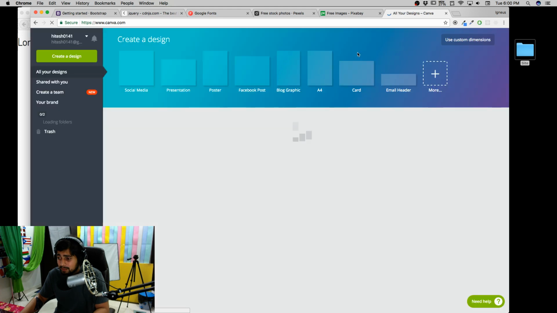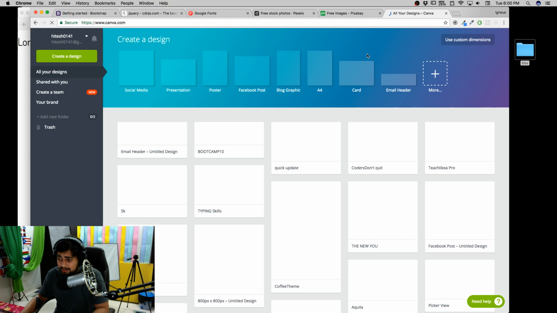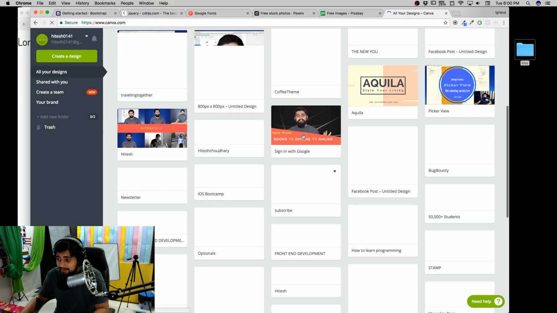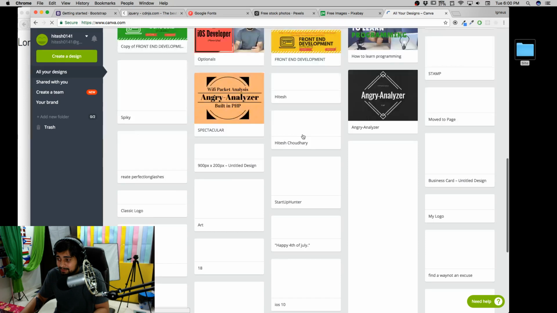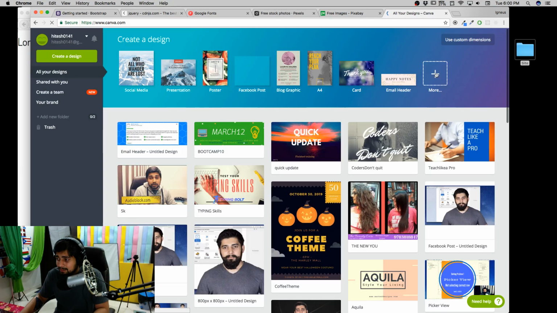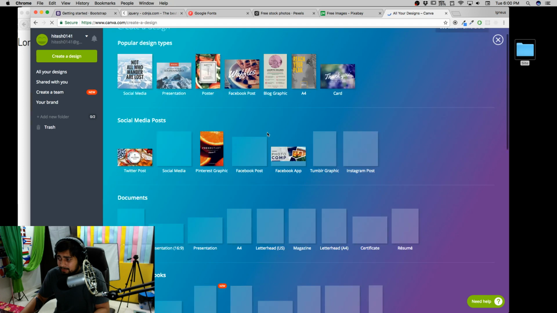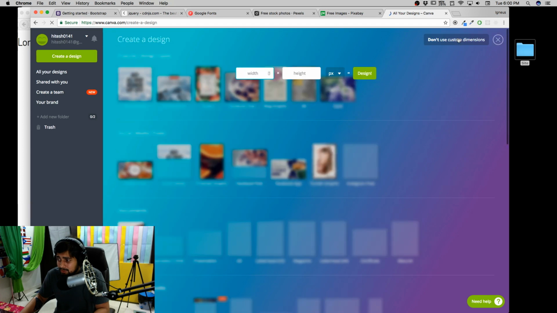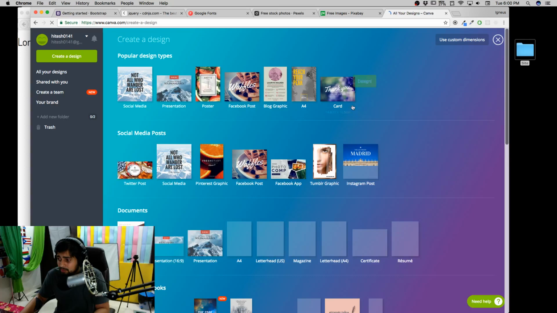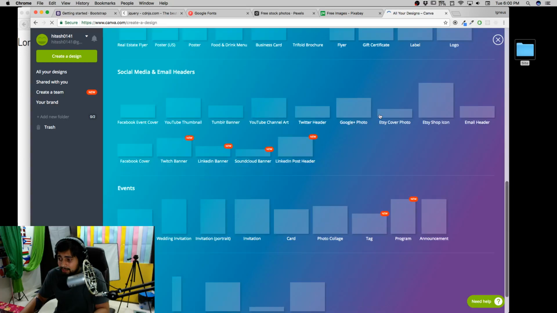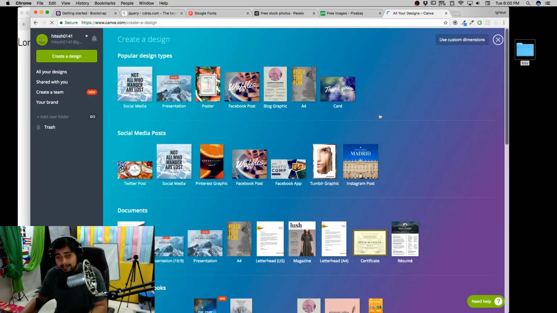And this is how you do it. Just create an account, and notice I use them quite a lot there with the designs and all of these. You can see them. And they have got a lot of templates. If I open this up, it opens up a lot of things. By the way, you can use your custom dimensions as well in case you need that. But again, a lot of pre-edited templates are there. In my early days of YouTube, my thumbnail used to come from there, but now it's not the case.